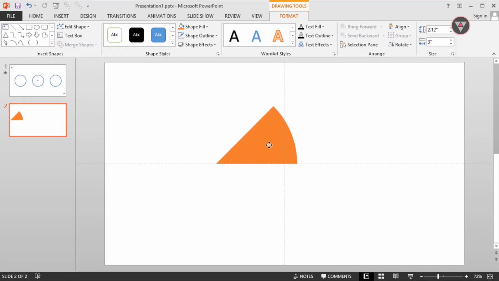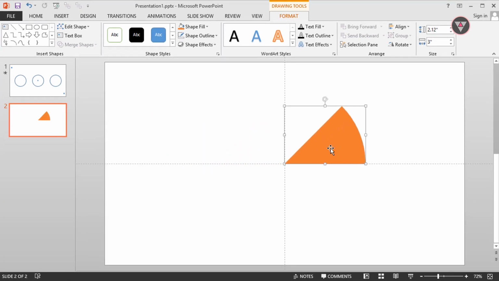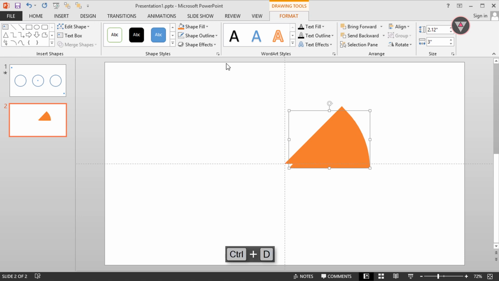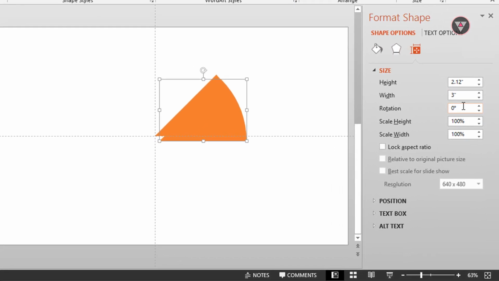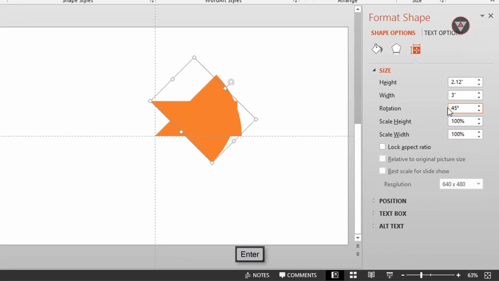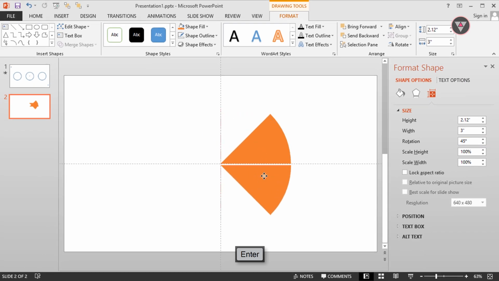Now we have to remake the oval shape using this piece. Just duplicate this piece by pressing Ctrl+D and change its rotation by 45 degrees. Do it again. Repeat this procedure until the oval shape is remade using this piece.